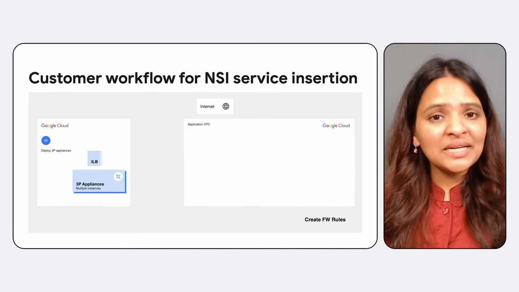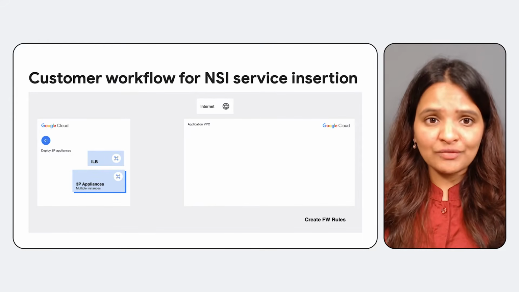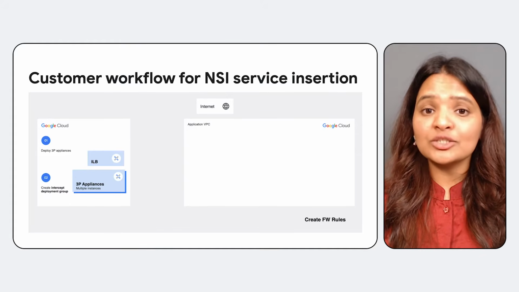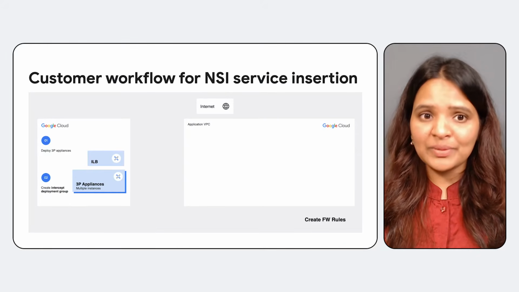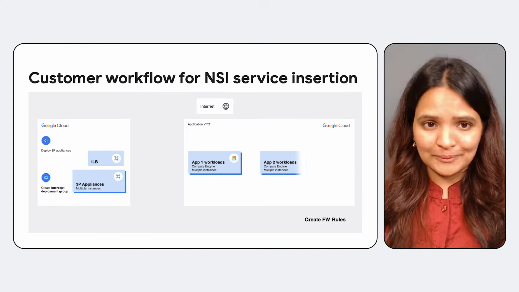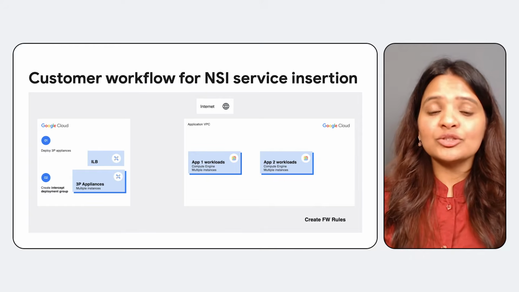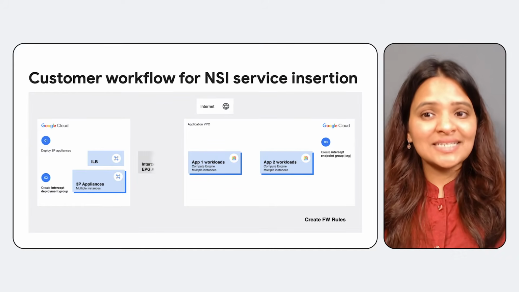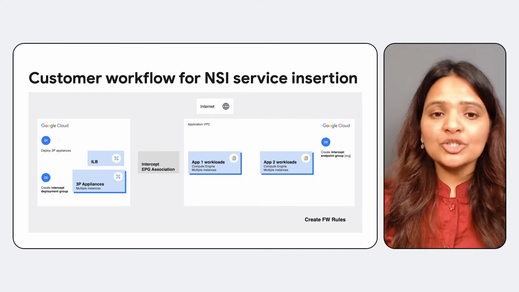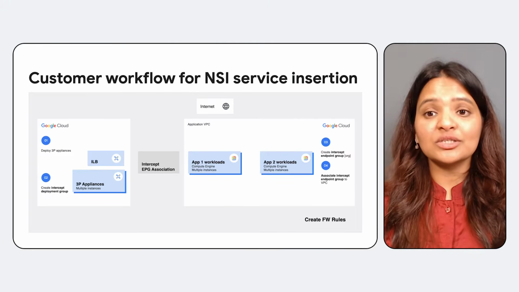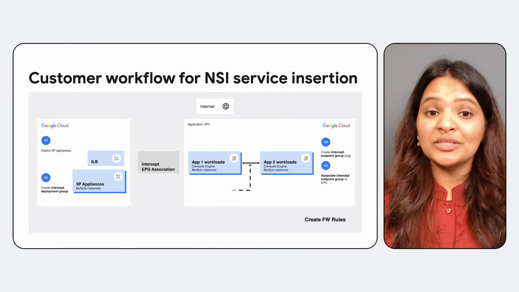The packet is immediately encapsulated using Geneve encapsulation, preserving the data, which maintains the packet's original source and destination IP addresses. It adds metadata about the producer's service for routing. Based on the security profile linked to the firewall policy, the encapsulated packet is sent to the consumer's dedicated intercept endpoint group. The consumer's intercept endpoint group transmits the encapsulated packet to the corresponding intercept deployment group in the producer's